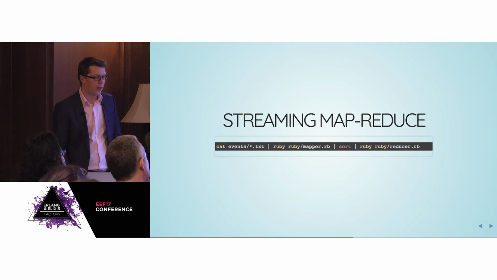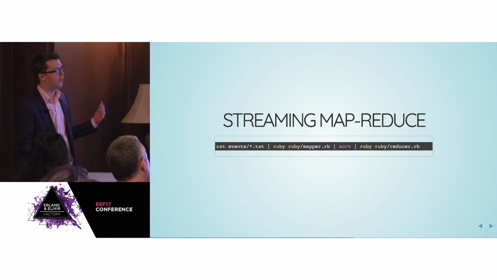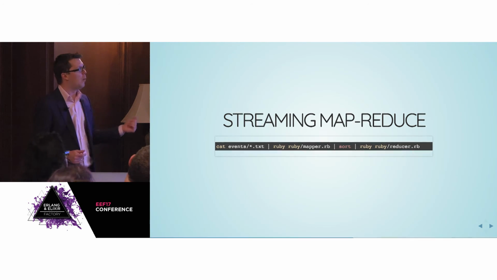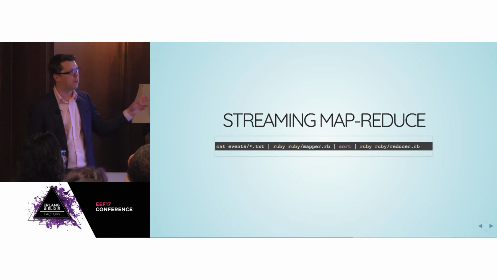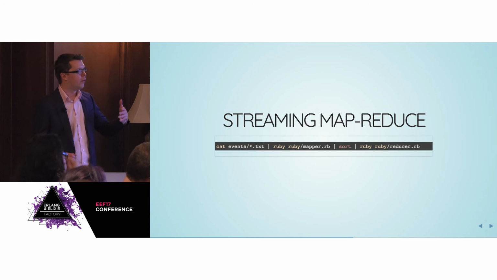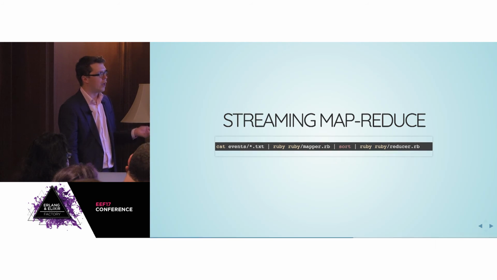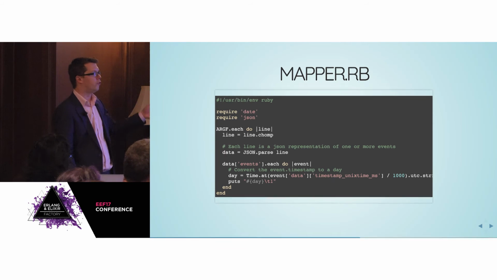I was using the streaming mode on Elastic MapReduce. I don't know Java, and it allows me to work with languages I do know. So this is basically the local machine equivalent of the streaming mode, where you just cat a directory of events, pipe the output into your mapper, sort the output of that, and pipe that to your reducer, and eventually you get your output.